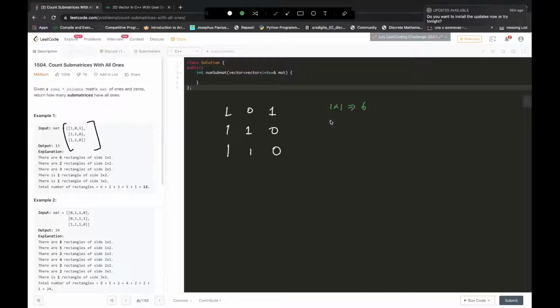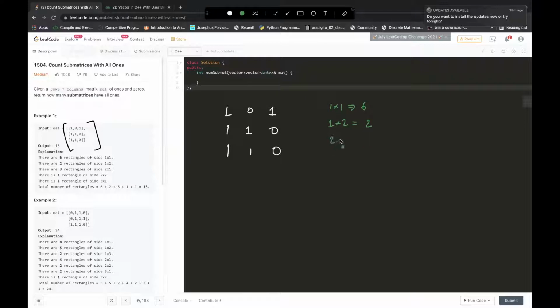Then how many rectangles are of 1 cross 2? 1 cross 2 means that the height will be 1, width will be 2. So how many such rectangles are there? We have one here, and then one height and width 2 is here. So we have a total of 2 rectangles of 1 cross 2.